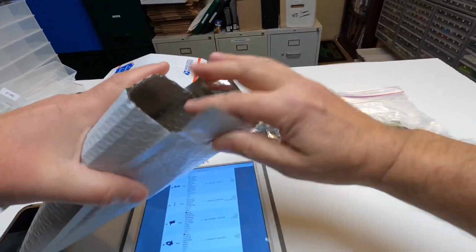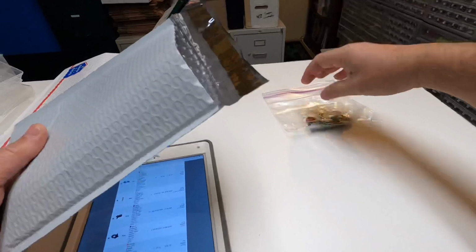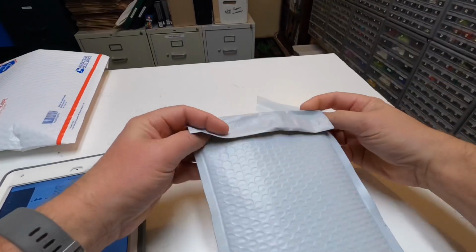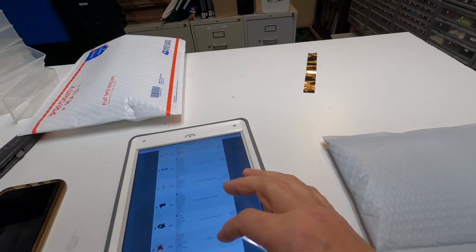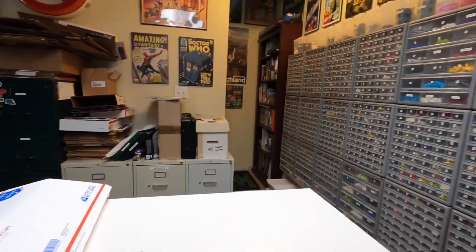But I think the reason some people might have a really high store minimum, like 200, is they don't have time to pick the orders. And that kind of keeps people away. But if somebody does place an order, it'll be worth their while to pick it. So that's why you'll see ridiculously high store minimums. Should have checked everything before I closed all that off. But yeah, it's been this year